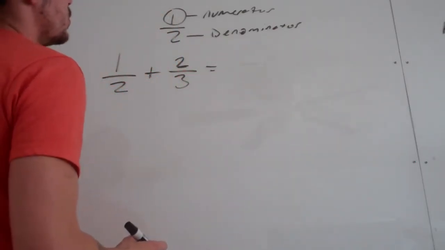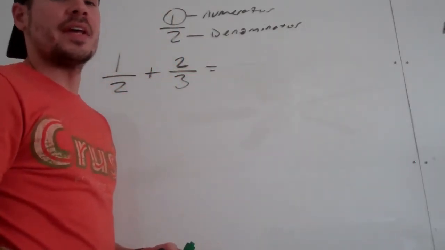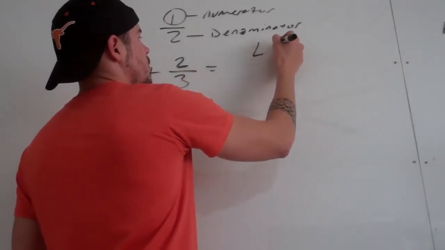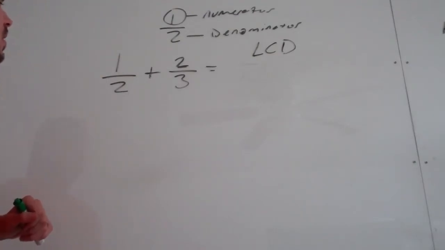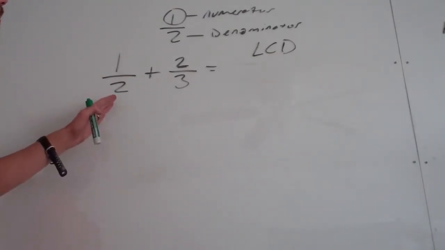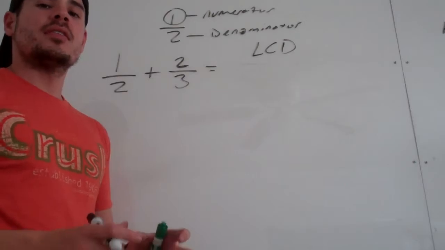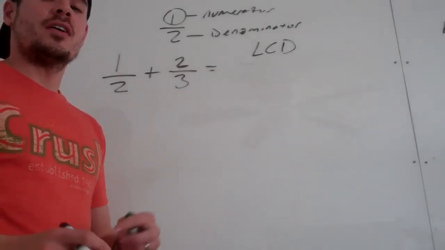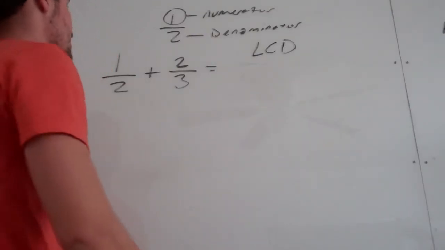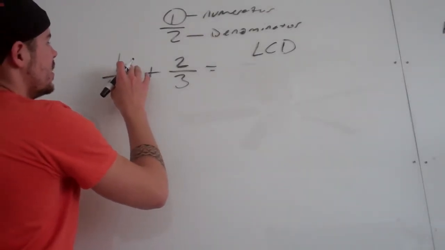But instead what we're doing is we're finding the least common denominator, also known as the LCD, least common denominator. So how do we find the least common denominator? Well, it's the least number, the smallest number that the two meet at, or where they rendezvous, if you will. For example,